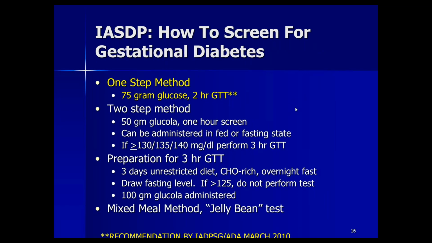Now, this gets to be very cumbersome, especially at that first visit when you're talking to somebody about her ultrasound and her dating and her genetic screening, and does she want first trimester screening, and when is her next visit. So by the time you get through all this information, it can be very difficult to get a patient to get screened at that initial visit. This is one of the reasons that I'll show you what my local modification was on it, but first let me go over what the